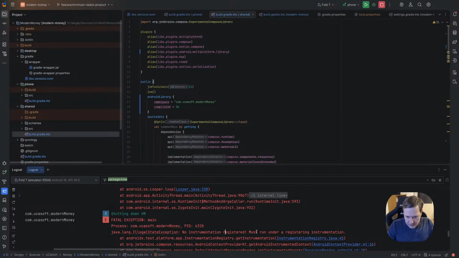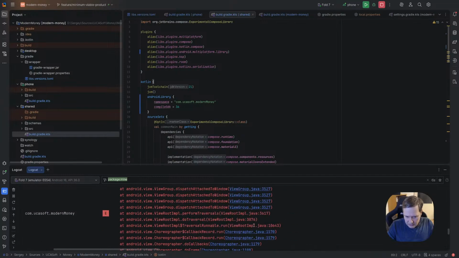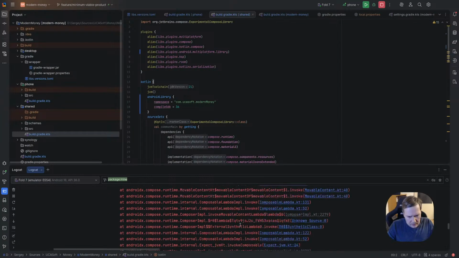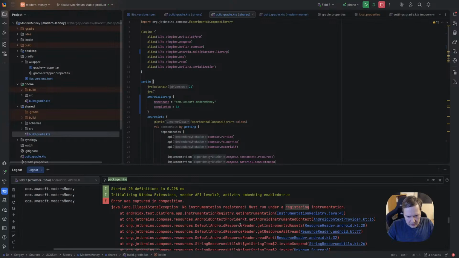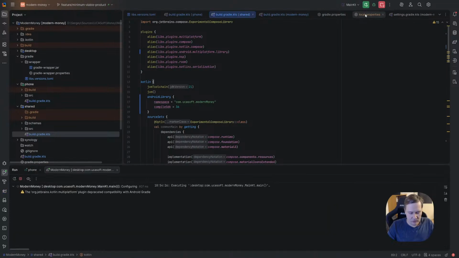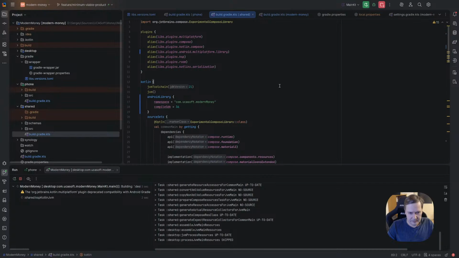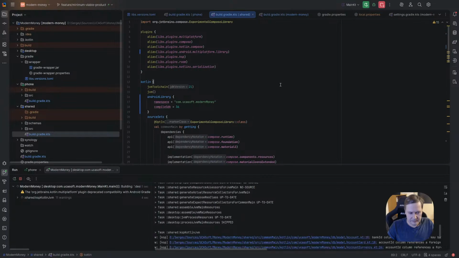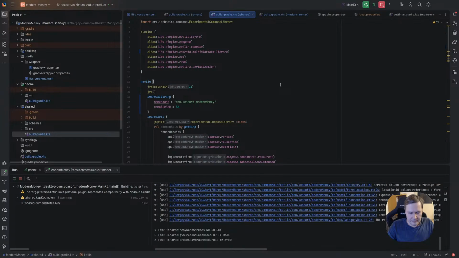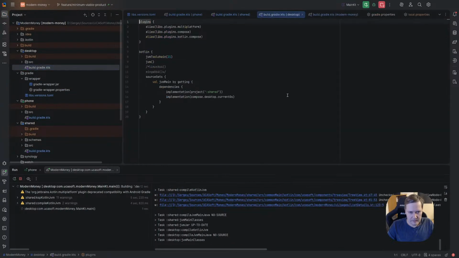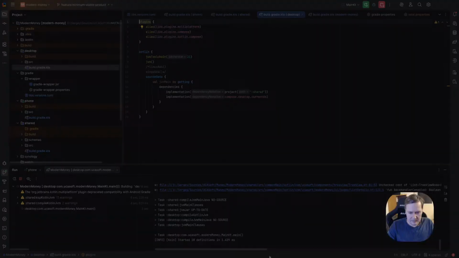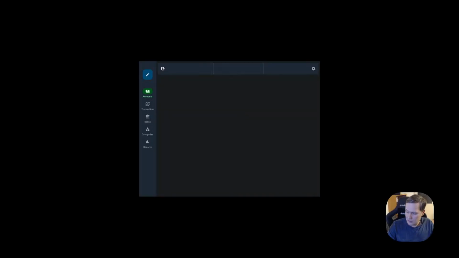No instrumentation registered, must run under registering. What? Okay, we will search for this issue. Let's go to main.kt and try to run main.kt, our desktop, I mean. Okay, it works.